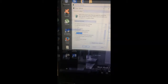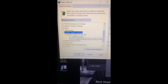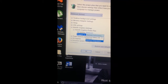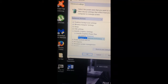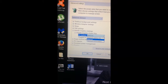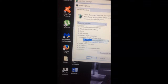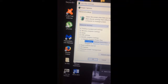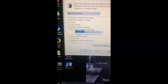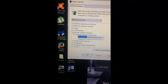Yeah, that's PCI. Another one you want to go to is Intel graphic settings, and all this does is show what performance you want to be using. So when it's plugged in, I've got it on maximum performance, which is fine, you know, use that. If you want a game to run properly, you're going to probably have to use that. Balance is fine, it won't run as good obviously. I'm going to put it on battery as well because I like to run it off my battery for a while. It cools the laptop down because it's not plugged in, but for some reason it still doesn't run as quick. Maybe you've got to go into your NVIDIA settings if you've got an NVIDIA card